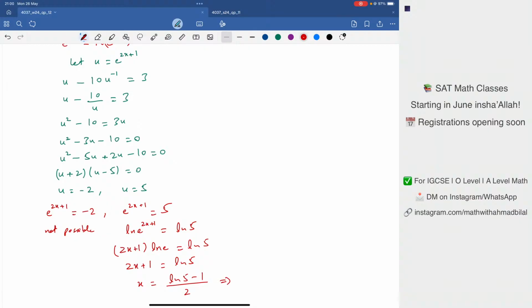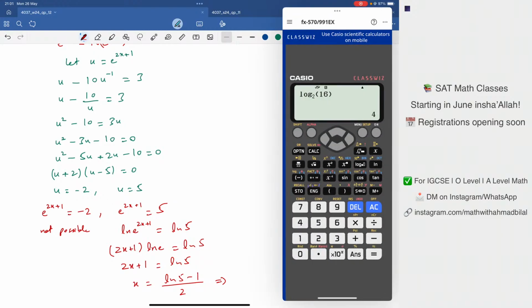You can put this on your calculator now and see what it gives you. If they wanted an exact answer, you would write it like this. In this case, they haven't really specified anything like that. So you could just put this on your calculator now and write down the decimal value from that. Let's see what that turns out to be. Ln of 5 minus 1 divided by 2. And that's giving me